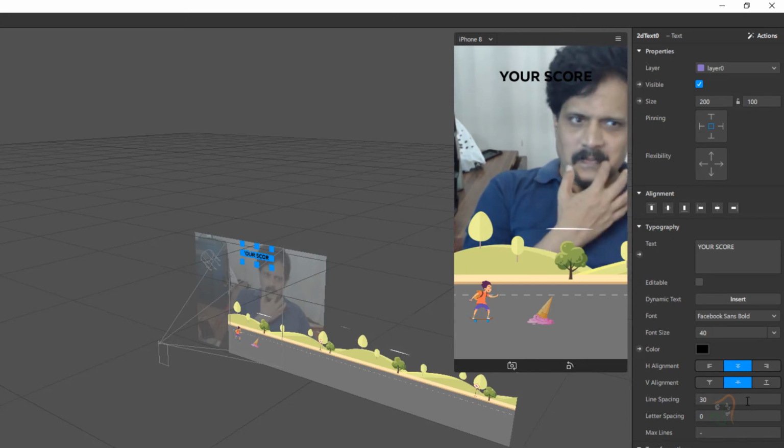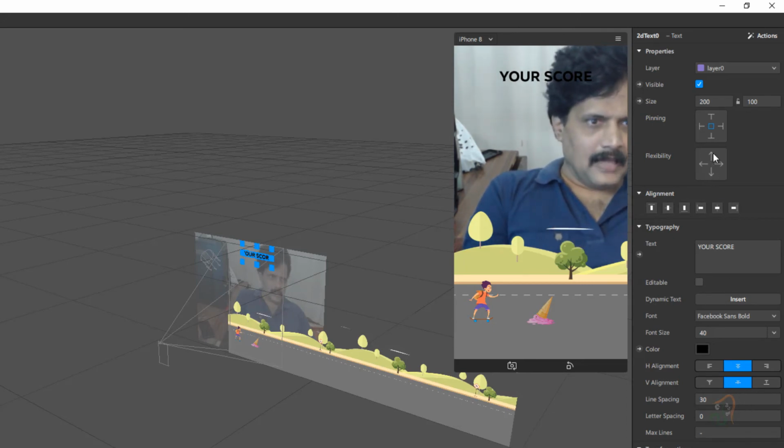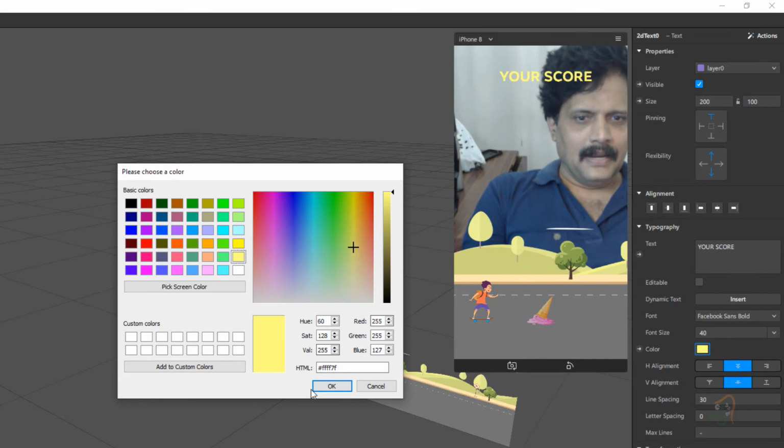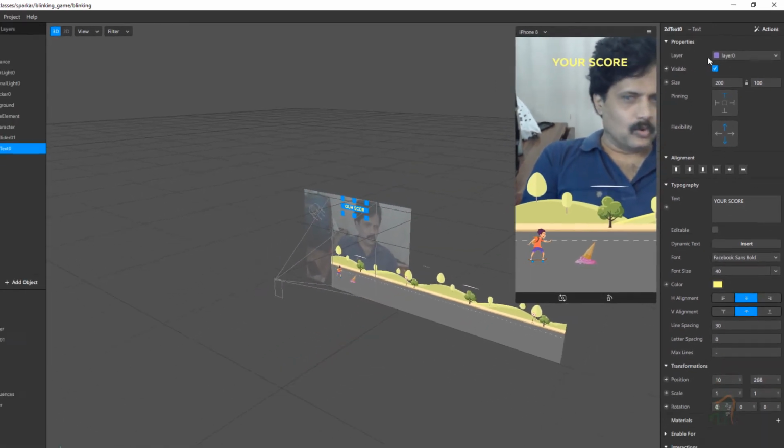And also I can add some padding here. So you have padding, so I can add top padding here. So in this way I can just place the score here. I can even change the color. So I will set this color, say for example, to some bright color like yellow, your score. And I will name this text as